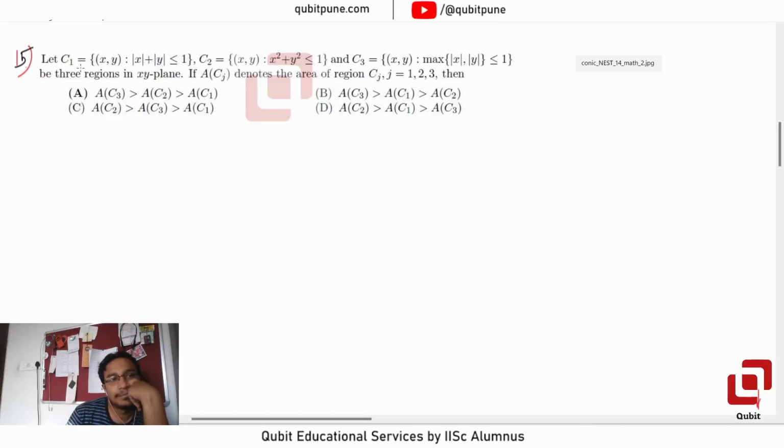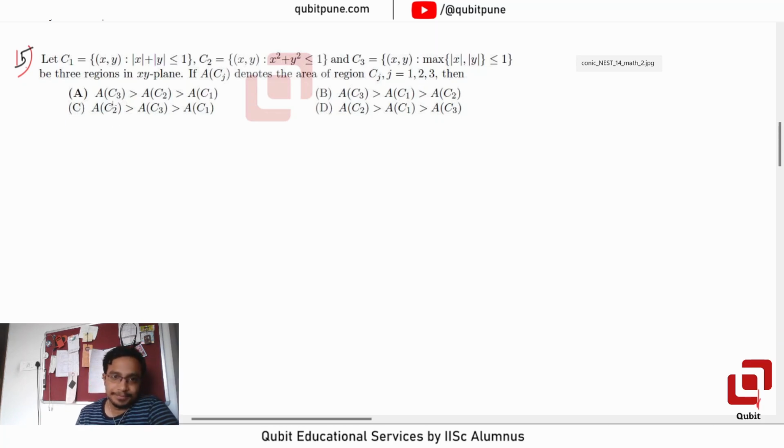Let C1 be equal to {(x, y) such that |x| + |y| ≤ 1}. C2 is equal to {(x, y) such that x² + y² ≤ 1}. And C3 is equal to {(x, y) such that max(|x|, |y|) ≤ 1}. Be three regions in the xy plane. If A(Cj) denotes the area of the region Cj, j equal to 1, 2, 3, then